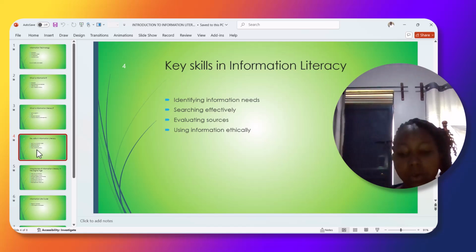You can go to Google Scholar and you get articles about artificial intelligence, written articles that have been published about artificial intelligence. Or you can go to YouTube and get tutorials about artificial intelligence. That is evaluating sources. Then using information ethically, like using information in a proper way that is